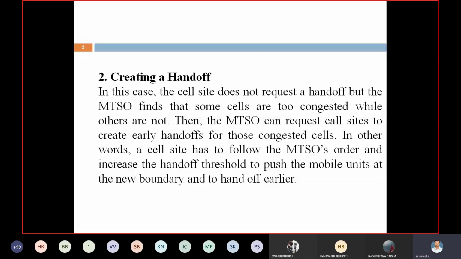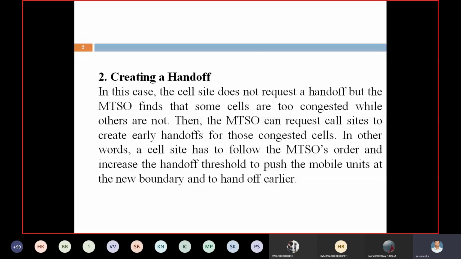The third is mobile assisted handoff, MAHO. What is mobile assisted handoff? Here, mobile assisted handoff is nothing but the mobile itself initiating the handoff. This is also based on signal strength. Whenever the mobile unit reaches the boundary of a cell site, or whenever the mobile unit is under